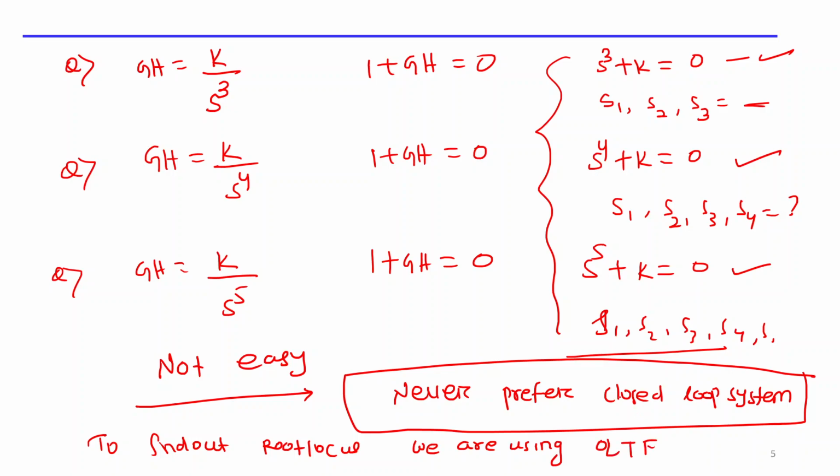Remember that you are finding the root locus by using the open loop transfer function, but you are finding the root locus for a closed loop system, not for an open loop system. Means you are finding the system stability for a closed loop system by using the open loop transfer function, not the closed loop transfer function, because finding the root locus by using the closed loop transfer function is quite